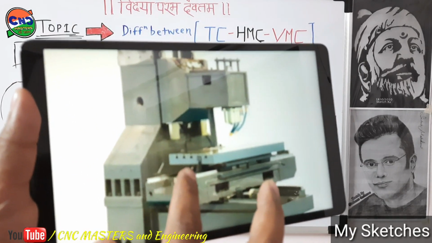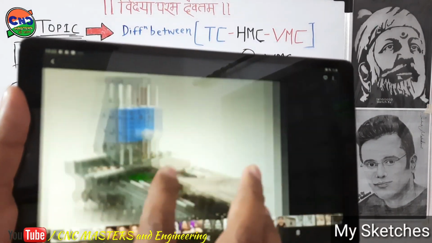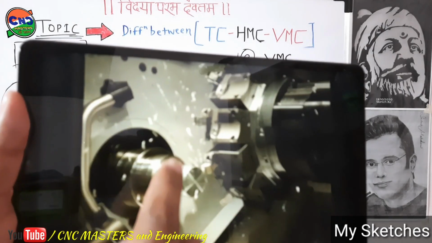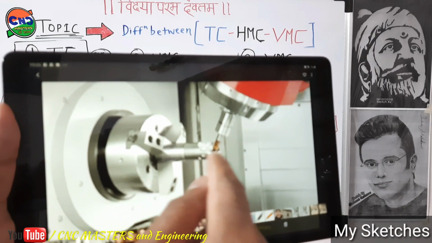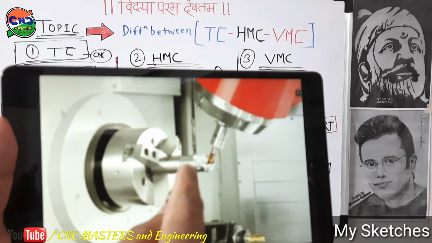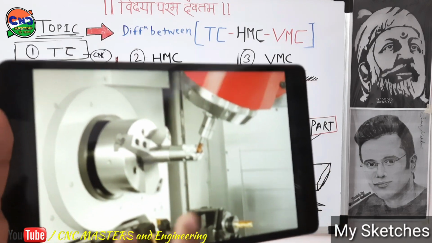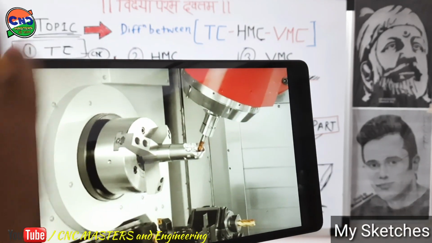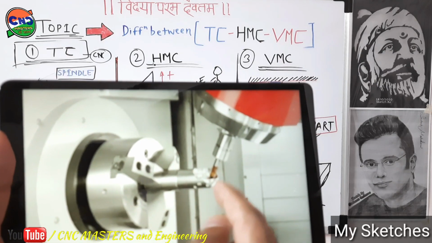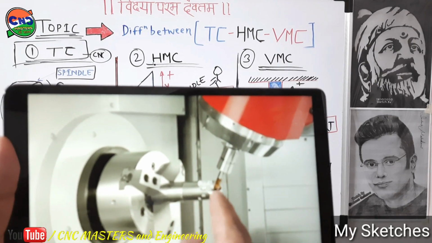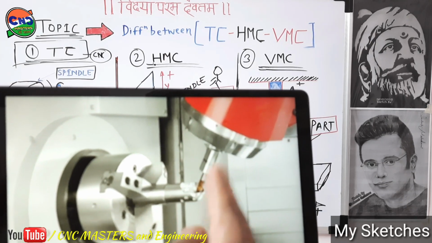This is a construction view of the machines inside. If you see, the machines always have a panel, but this is an open-end machine. This is HMC, this is turning, and this fourth one is a turn-mill machine. These machines can turn, and this machine can do the operations of HMC as well as VMC. It means this is a combination of all three types. This shaft can turn easily and can mill also. As you can see, these are the tool holders, like HMC and VMC.